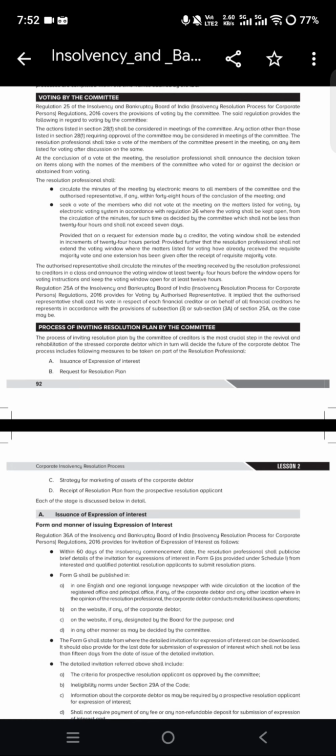First, issuance of expression of interest, form and manner of issue of EOI. Regulation 36A provides for the EOI as follows. Within 60 days of the insolvency commencement date, the RP shall publicize brief details of the invitation for EOI in Form G from interested and qualified potential resolution applicants to submit the resolution plan. Form G shall be published in English and a regional language newspaper at the location of the registered office